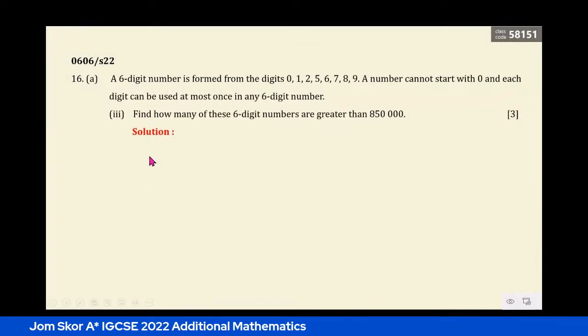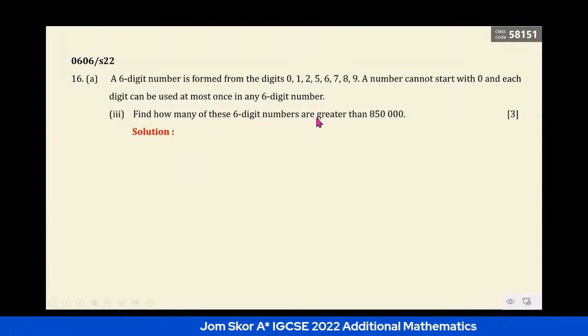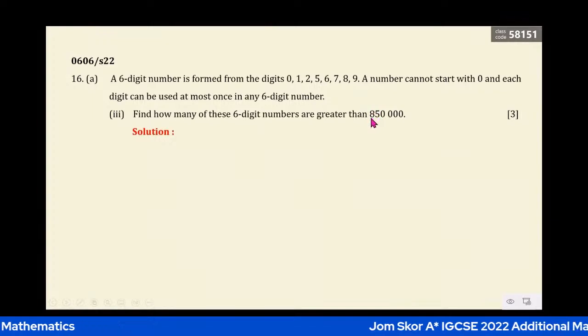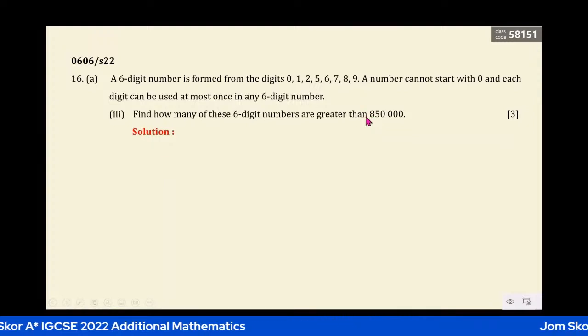Okay. Now, we have another one. Kita ada restriction kat sini. Dia kata nak buat 6-digit numbers juga, tapi the numbers must be greater than 850,000. Okay. So sekarang ni tengok kat sini. Biasa kita jumpa macam dia greater than 800,000 ataupun less than berapalah 700,000 macam tu lah. Sekarang ni ada dua benda kat sini,